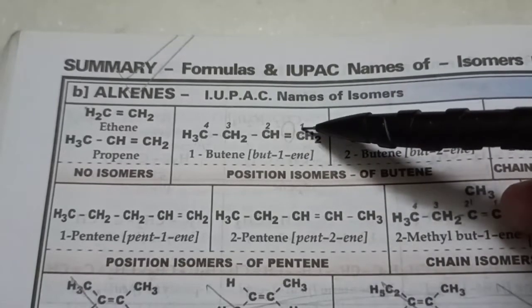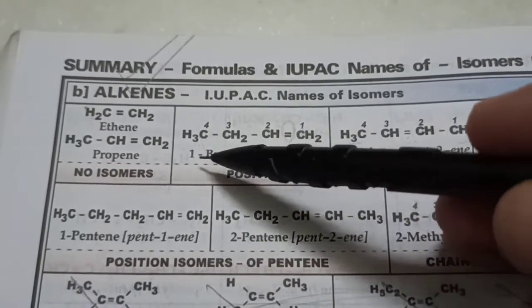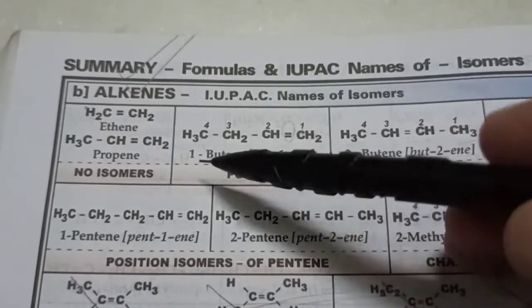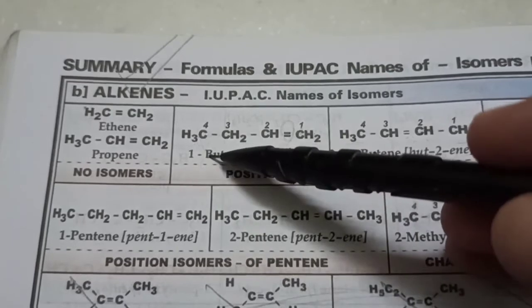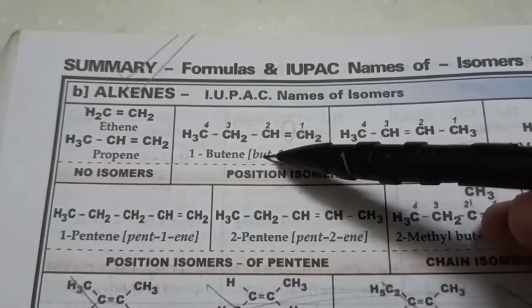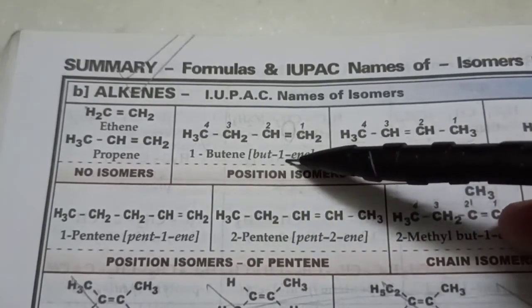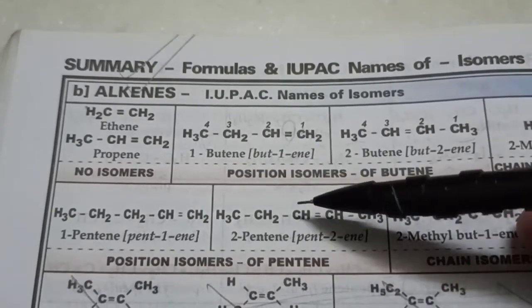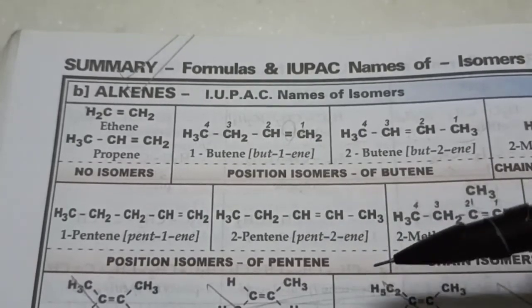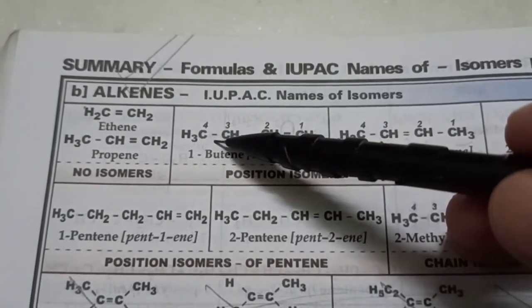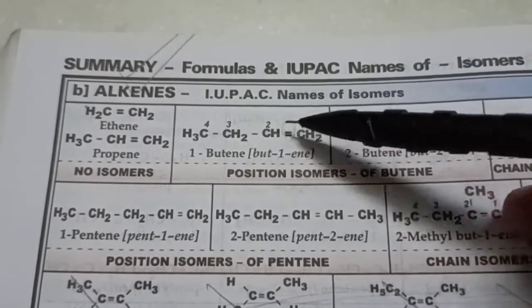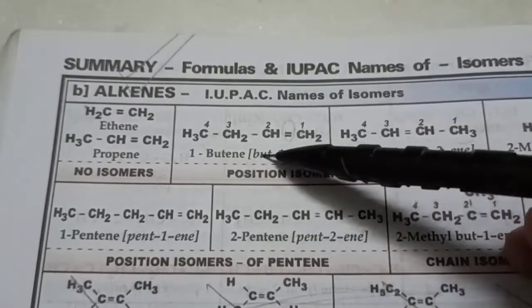And then this number will be written here, 1-butene. No need to leave space. No need to write capital letter either. We can also write it as but-1-ene. The hyphen is compulsory. Okay, no comma here. This is exactly how you should write. What if the double bond would have been drawn here? Well, then we would have started numbering it from here. 1, 2, 3, 4. And still the name would have been 1-butene. It's just a mirror image.